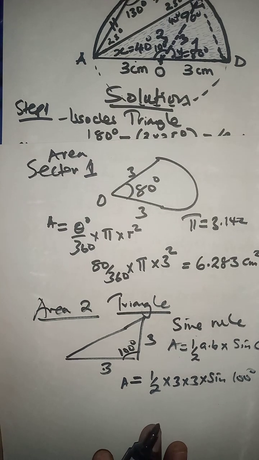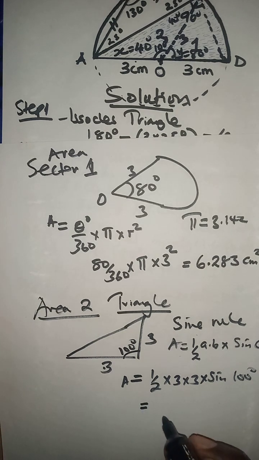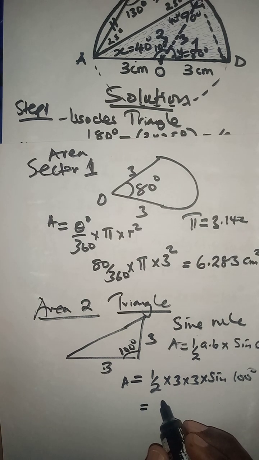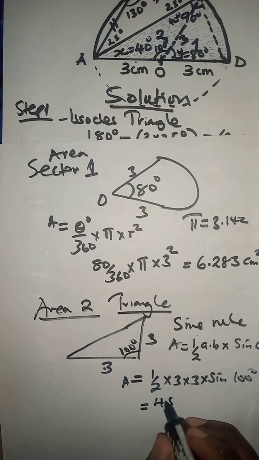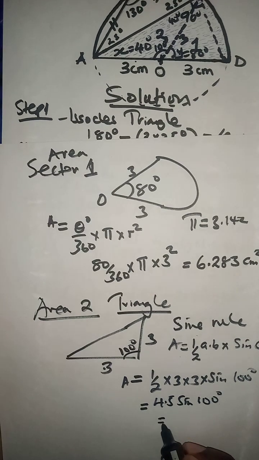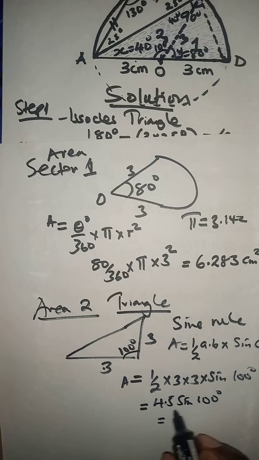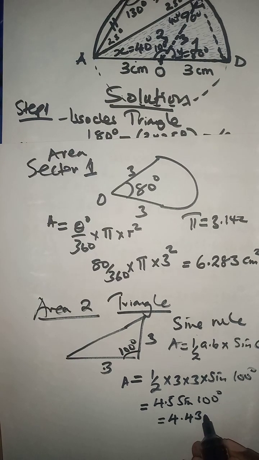That is 4.5 times sine 100, and computing this you're going to get 4.432